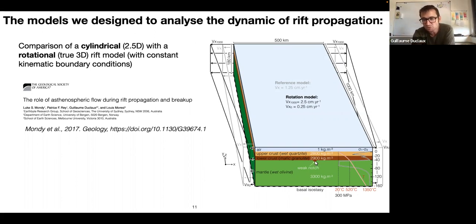We impose a small notch which crosses over the model here to localize the deformation in the center part of the model, to avoid any sort of boundary effect in here. And what I forgot to mention is that at the base of the model, the material is going to inflow inside the model to balance the pressure pretty much along a column. And yeah, so this is a paper by Luc Mondy and some co-authors, including myself, that was published in 2017